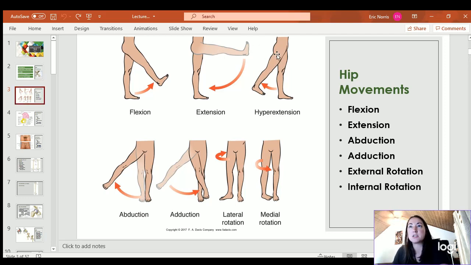I typically still refer to that as extension. Most clinicians do. Abduction, adduction, and then lateral rotation, which is also external rotation, or medial rotation, which is also